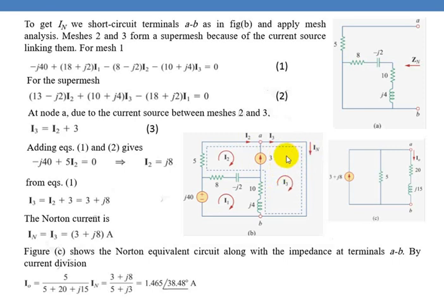So here, since this current source is common between mesh 2 and mesh 3, we have to form a super mesh involving these two meshes. So this super mesh is shown here. Now we have to write the equations. For mesh 1, the equation will be, you travel like this, current directions are assumed here in the clockwise direction. So this source voltage will be minus 40 plus